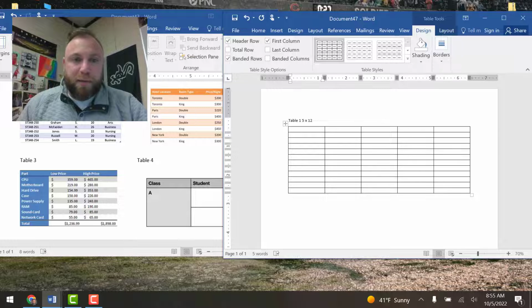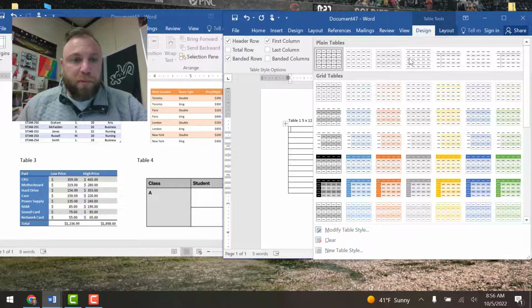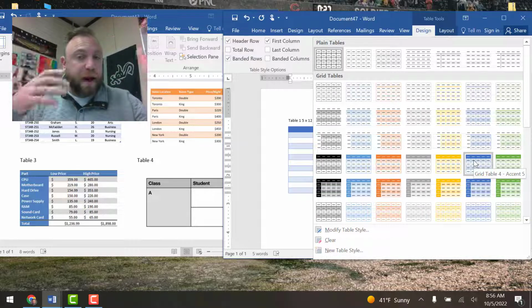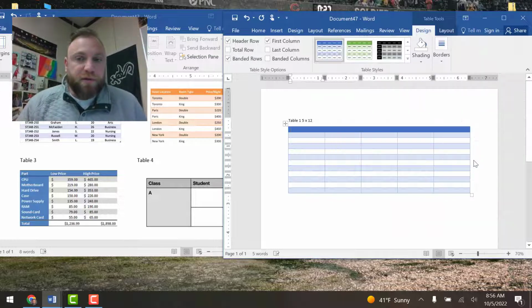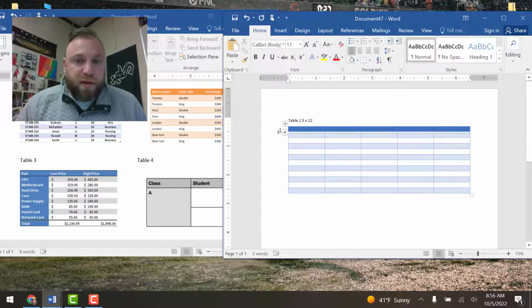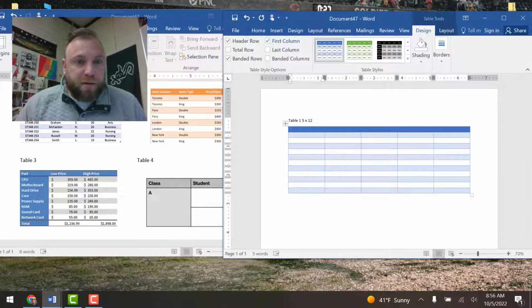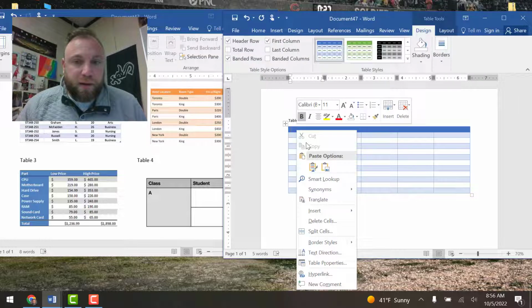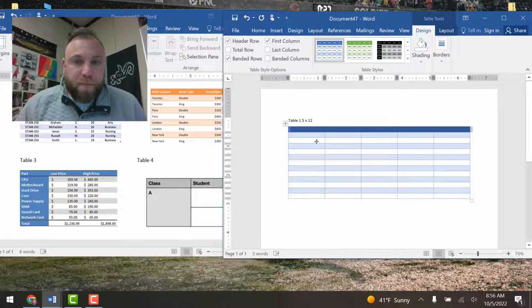Now, obviously, my table here does not look like the table there, and that's where the table tools come into play, where you're going to be able to choose different layouts, the grid, like different styles for the tables itself. So I'll do that, and as you can see here, there is where it says college enrollment. So I actually am going to right-click, insert, row above,